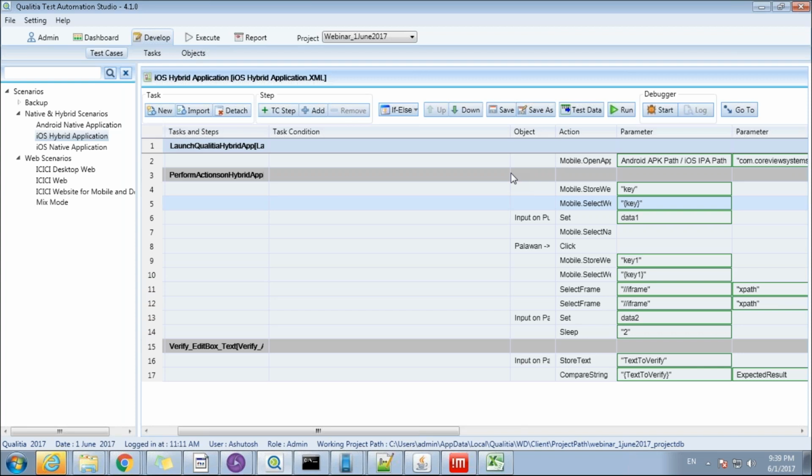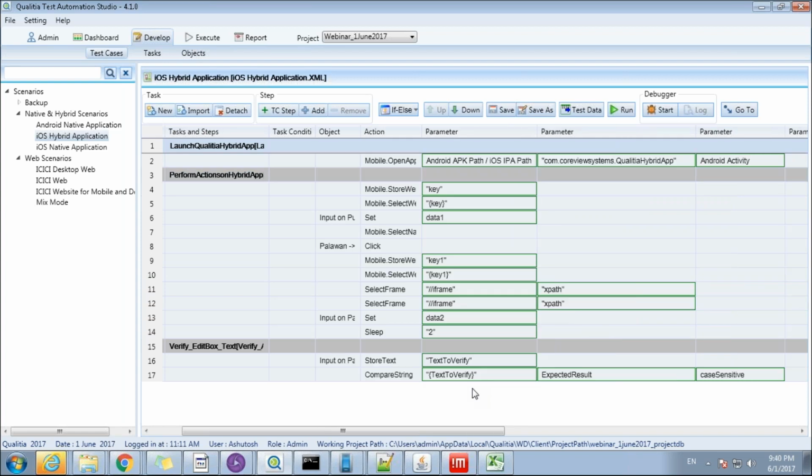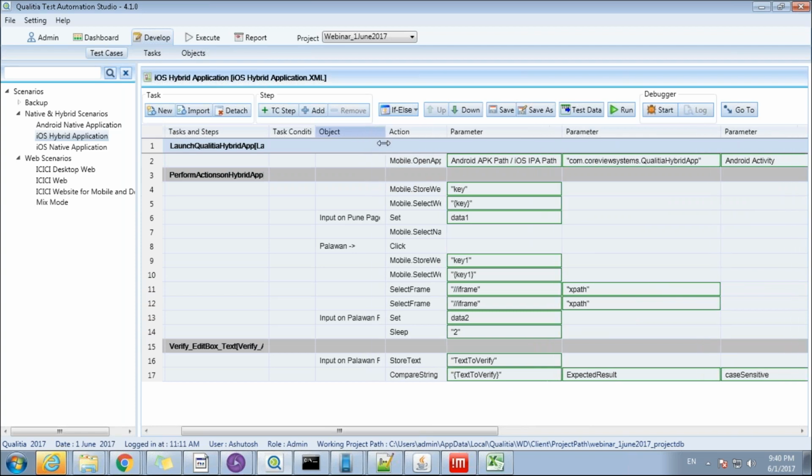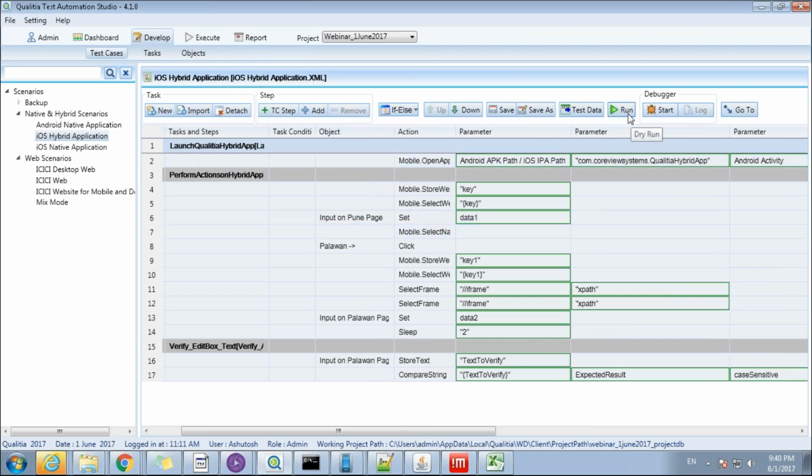Please remember that all of these changes we are doing just for the dry run purposes. For actual execution, you really don't need to change any configuration settings. All you need to do is create your offline packages and point them to various configuration files the way you want them. So as the first task, we are launching the application.